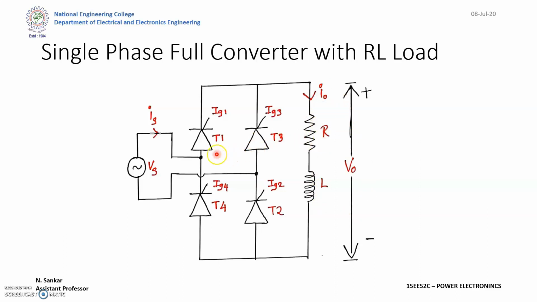And one thing here, the thyristor names, that is T1, T3, T4, T2, this is nothing but a naming convention. This is not a standard one. The naming convention is of your choice and of your understanding. Since we are triggering the alternate legs, I am taking this one as T1 and this one as T2 and this one as T3 and this one as T4. So the naming convention is of your choice.